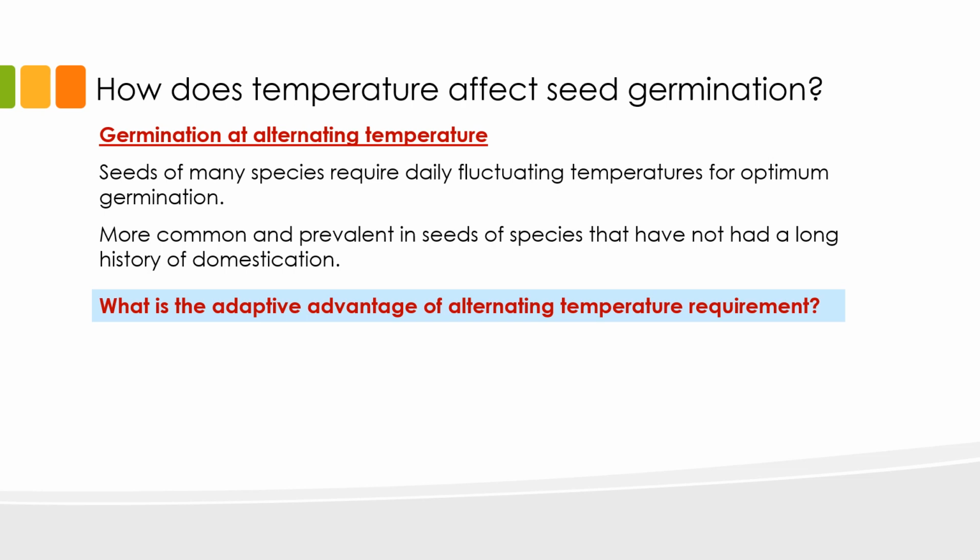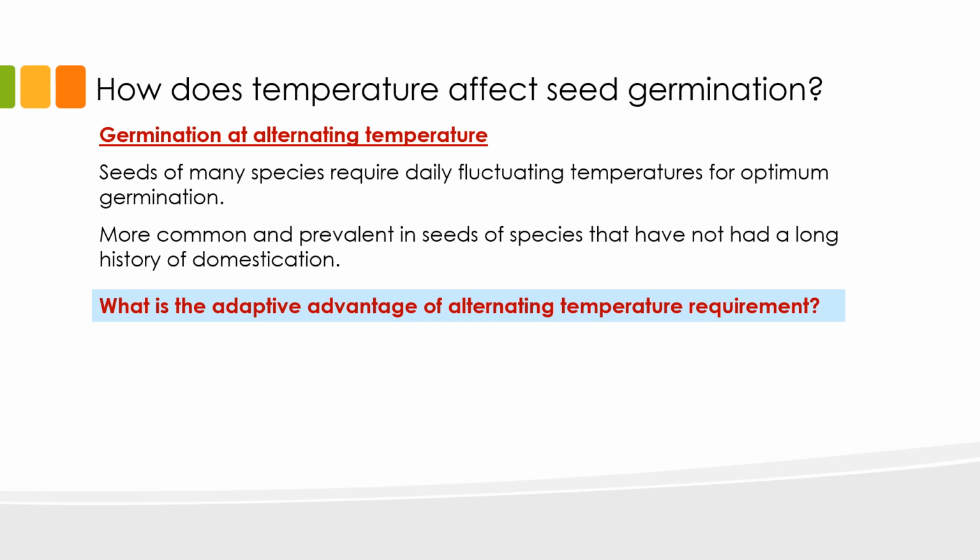So imagine a natural rangeland where you have a rich soil seed bank. When seeds are buried deep in the soil and there is vegetation covering the soil surface, seeds are able to perceive a constant temperature. The constant temperature tells the seeds exactly that they are buried deep in the soil, and that if they germinate, they will have to use a lot of energy to break through the soil surface. Additionally, that they would have to compete with other vegetation. The necessity for alternating temperature, therefore, is to ensure that most seeds germinate on or near the soil surface in